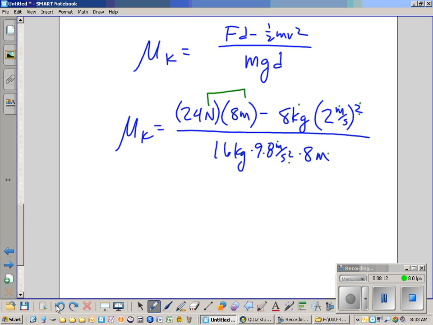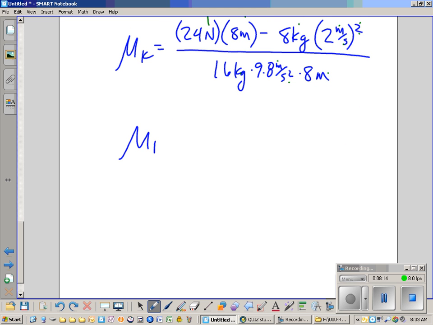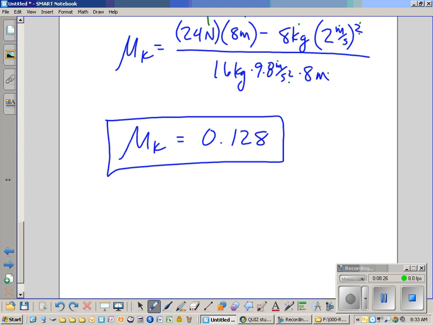So when we put all that in, we get something like 0.127, 0.128. Okay, so that's how we did that. Now I know I did that fast, but that's for the purposes of